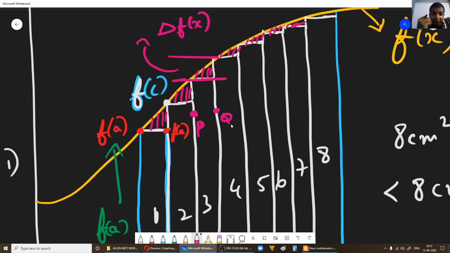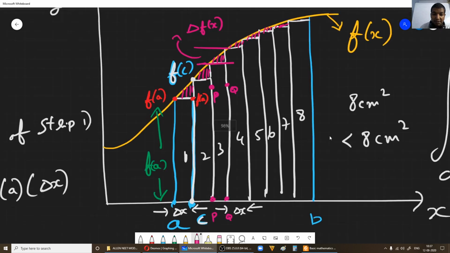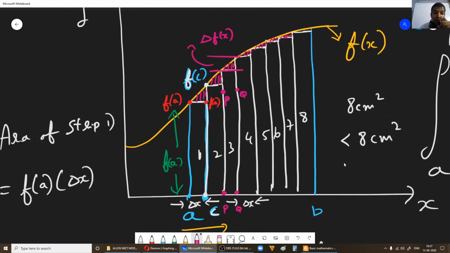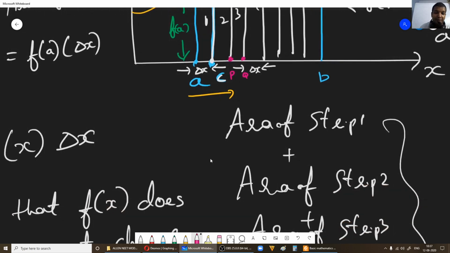We are making this assumption because, in the method by which we are trying to find the area, we consider that the area is divided into small rectangular strips. However, when you consider this approach, you are losing some area. As I told you, if the actual area is 8 centimeters square, the area we calculate by adding the areas of the strips will actually be less than 8 centimeters square. Now here comes the trick we are going to see.